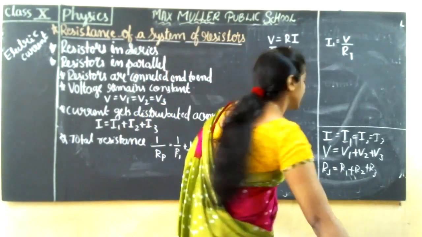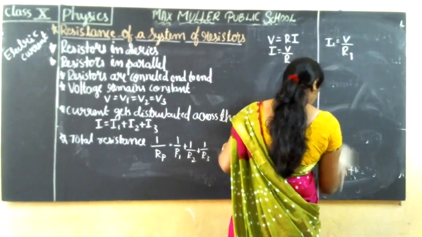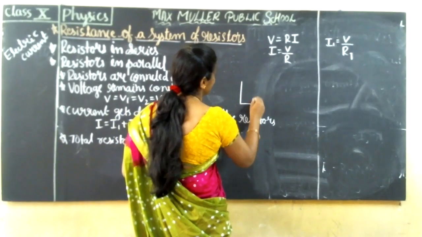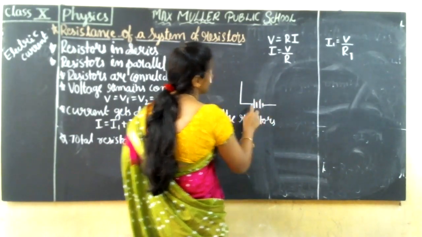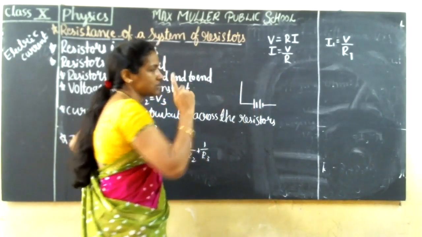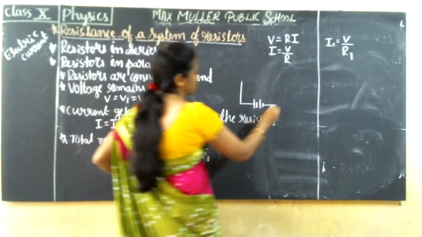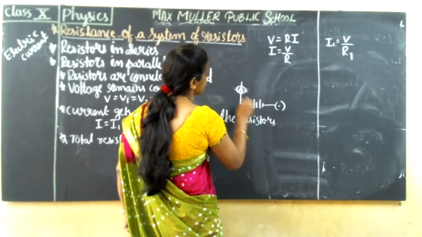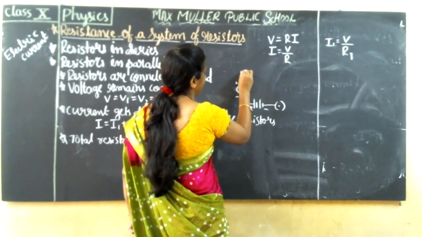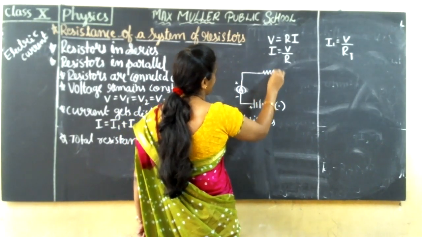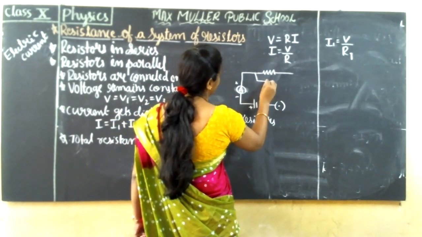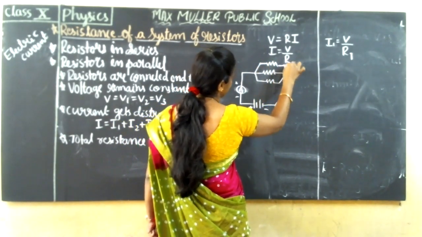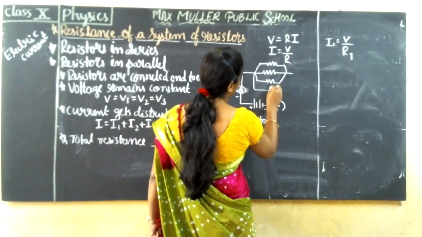So let me draw a diagram of connected resistors. First we connect the battery. Make sure that one line is bigger and the other is smaller, because one end is positive and the other is negative. Here it is a plug key, and here I am going to connect the ammeter, with plus and minus terminals. Now I am going to connect the resistors in parallel. Is it correct, children, that I connected them in parallel?